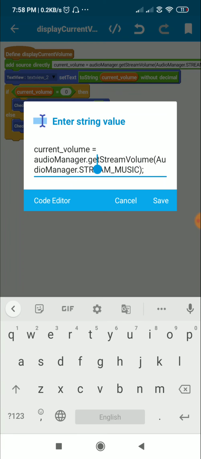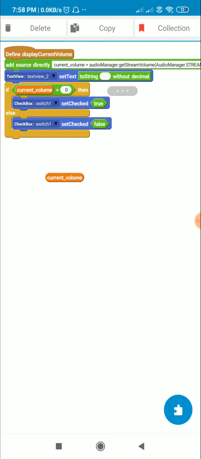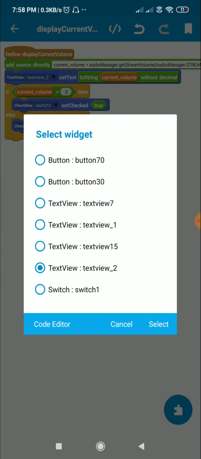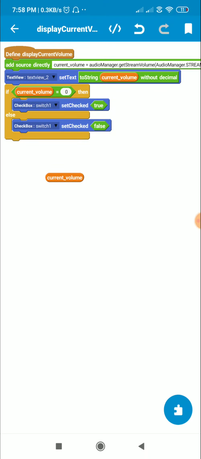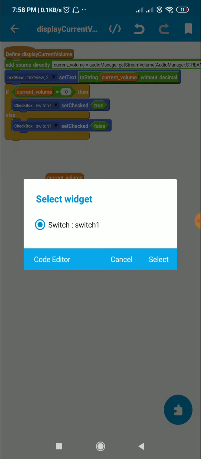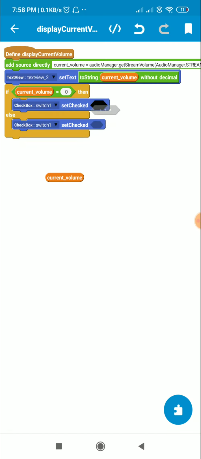So here instead of get stream max volume I have used get stream volume to get the current volume, and then I display this current volume in TextView_2. If the current volume is equal to 0 then for switch 1 I set checked true, else for switch 1 I set checked false.